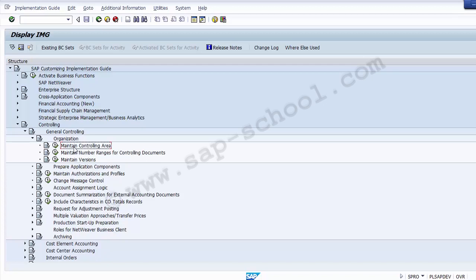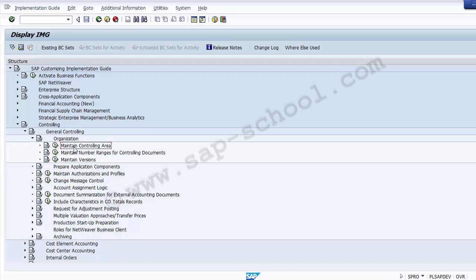One such example of having a different controlling area for your different company codes could be that the business lines are different, and these business lines have absolutely no integration between each other or the company codes. So in a normal practical scenario, one particular controlling area is created and the same controlling area is used for all the different company codes, so as to have proper reporting analysis